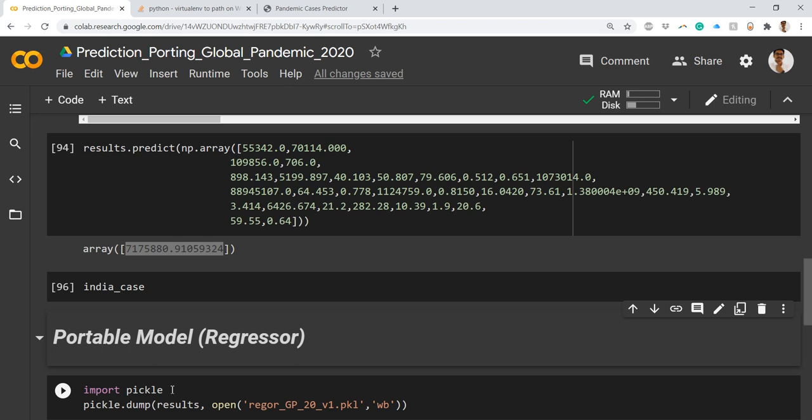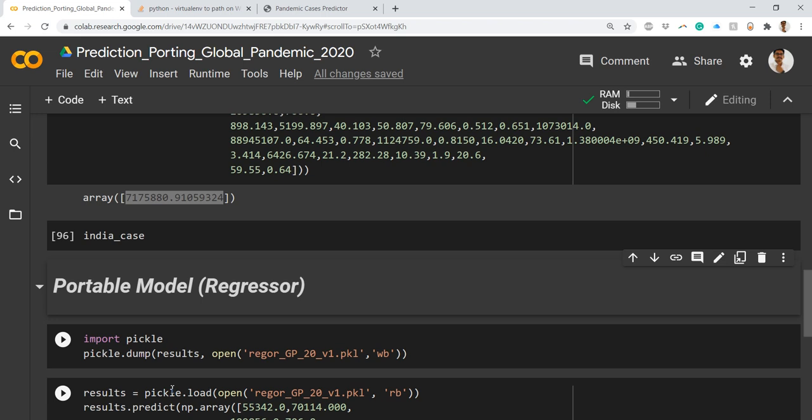What we'll be doing now is importing the pickle library, and in that we have pickle.dump. We have seen this. I have a video dedicatedly made for pickle, so I'll put the link in the description or on the cards up. Make sure you check that if you don't have a pretty good idea of what pickle is and why we do pickle in Python, or at least you will get to know why we require pickle in Python. To this, what we give is the results.